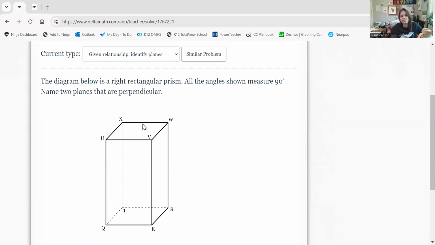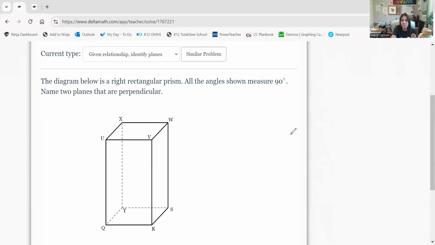Hi, everybody. In this video, I'm going to go over parallel versus perpendicular. Also talk about what that word skew means that you might have seen. I also want to talk about parallel and perpendicular as it relates to segments and lines versus planes. So when I'm talking about parallel or perpendicular segments or lines, a lot of times, especially when we're talking about